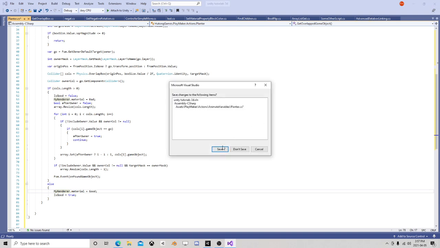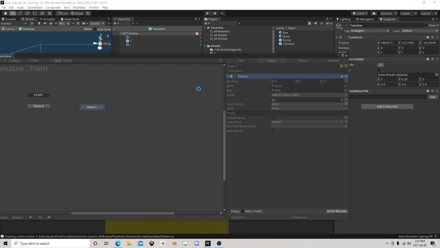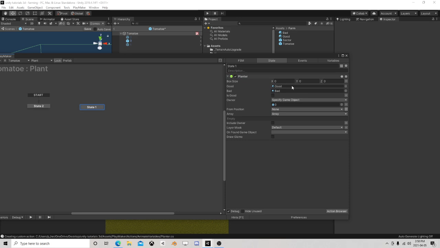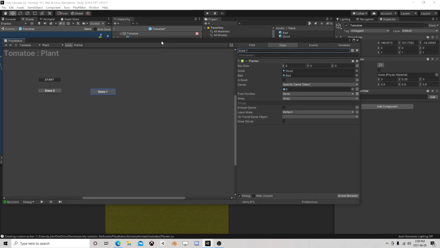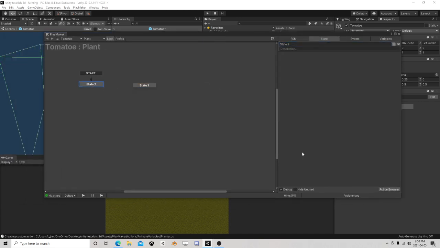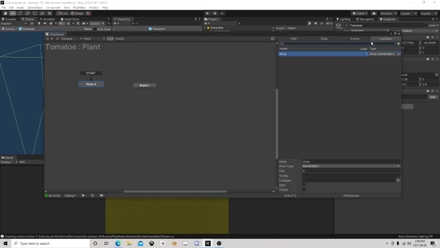Yeah, okay. There we go. So now the box size and all that. So now if this thing were to connect with anything, it should alter its colors. But in the beginning, the other thing we need is